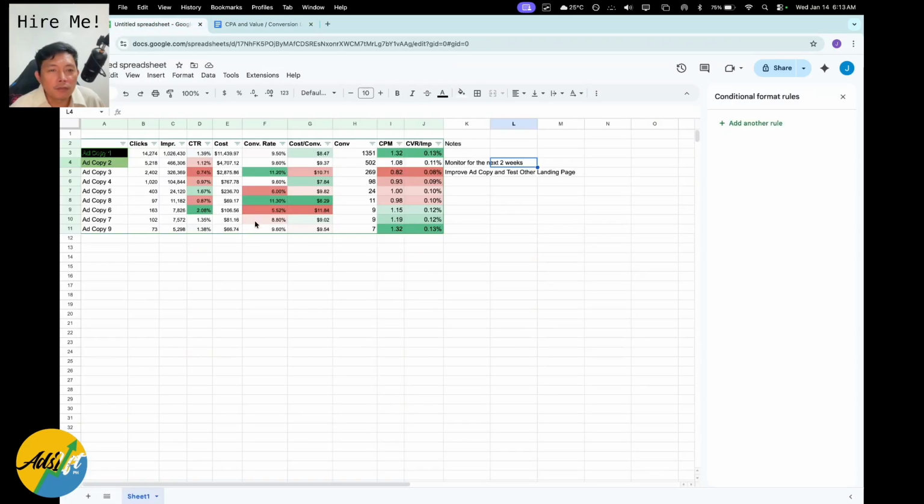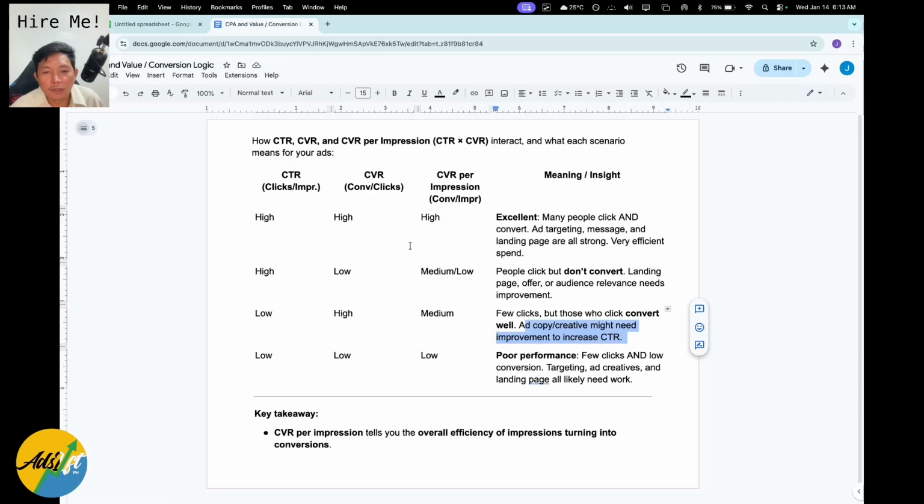So if there's a high CTR, we'll show you which one is the high CTR, this one, and the low conversion rate. So high CTR, low conversion rate, so people are clicking but not converting. Landing page offer relevance needs improvement. So this one